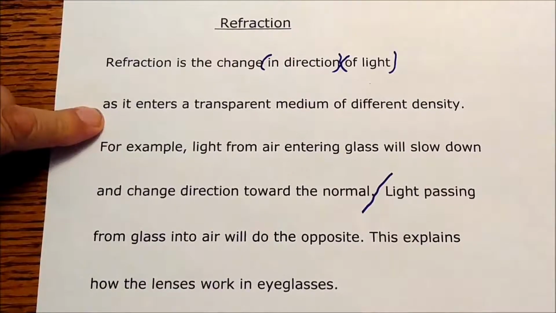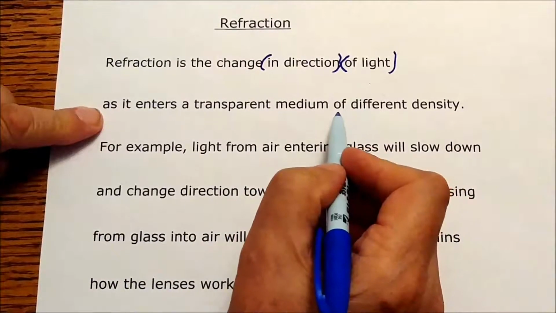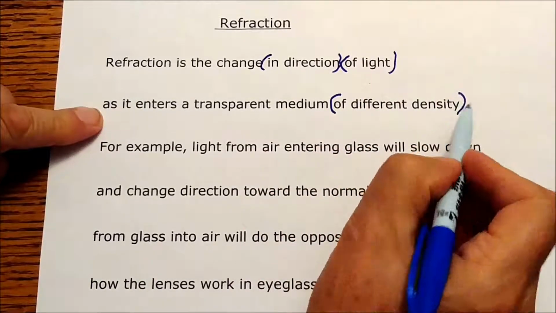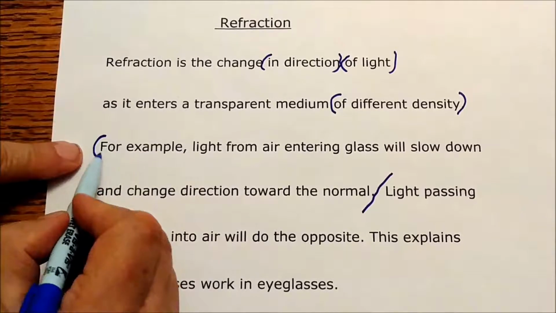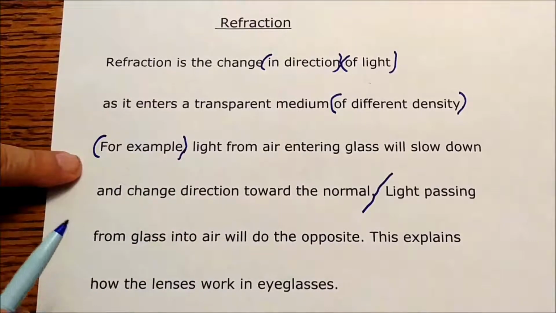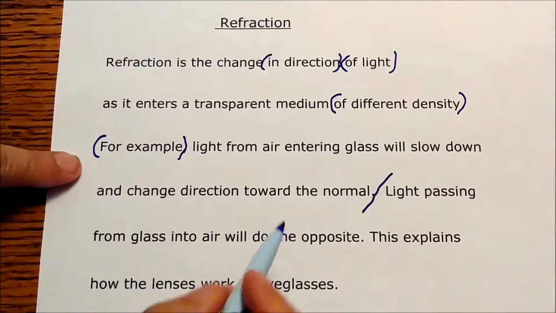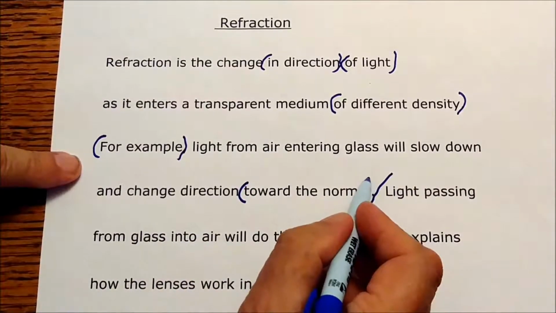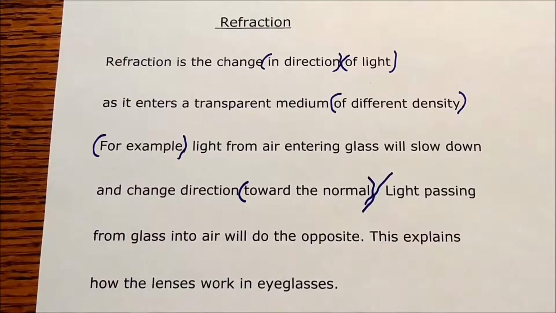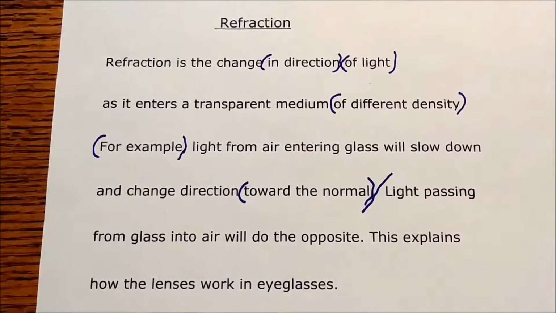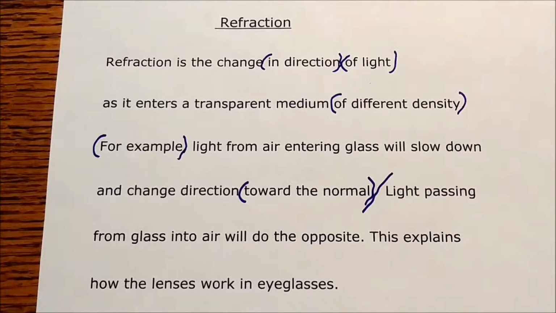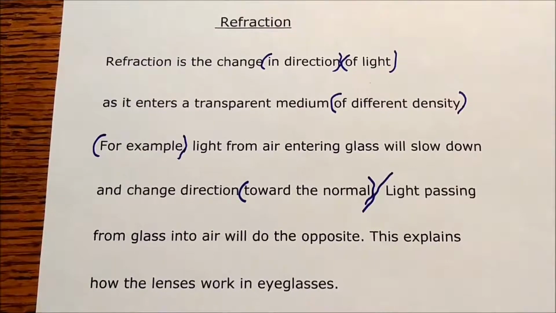You might think as is a preposition, but it's not. It's a conjunction, and we'll come back to that in a few minutes. Of is definitely a preposition, though, so we have of different density. For is a preposition, so for example is a prepositional phrase. Toward is a preposition, so toward the normal is also a prepositional phrase. I think we've taken care of all of those. You can see, as I've said many times during this course, prepositional phrases are just everywhere in writing. They're easy to spot, and they help to adorn or to embellish writing